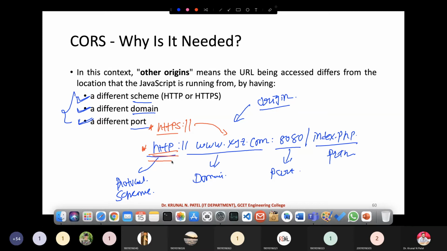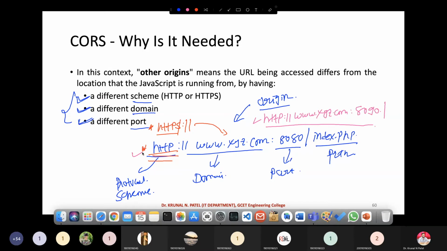Again, suppose I go for http colon slash slash xyz.com, but instead of 8080 I go for 8090. Now this is also another origin. These addresses are not the same.